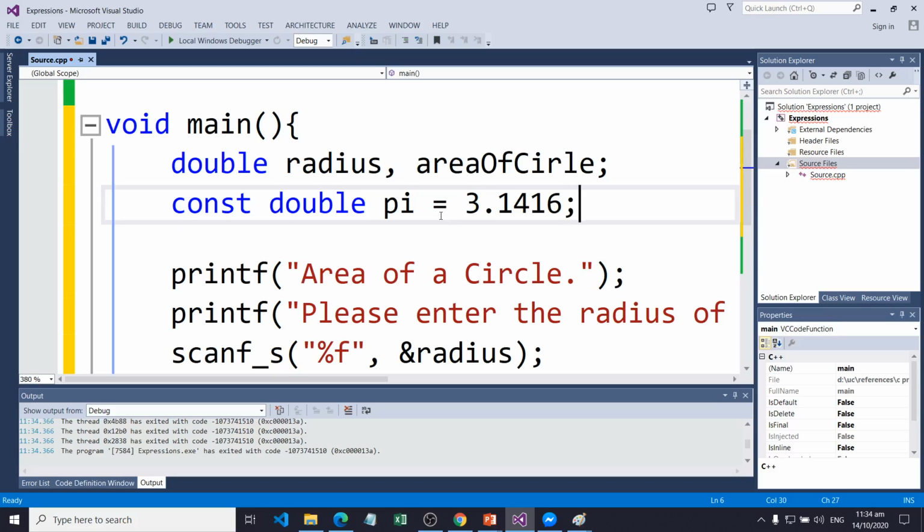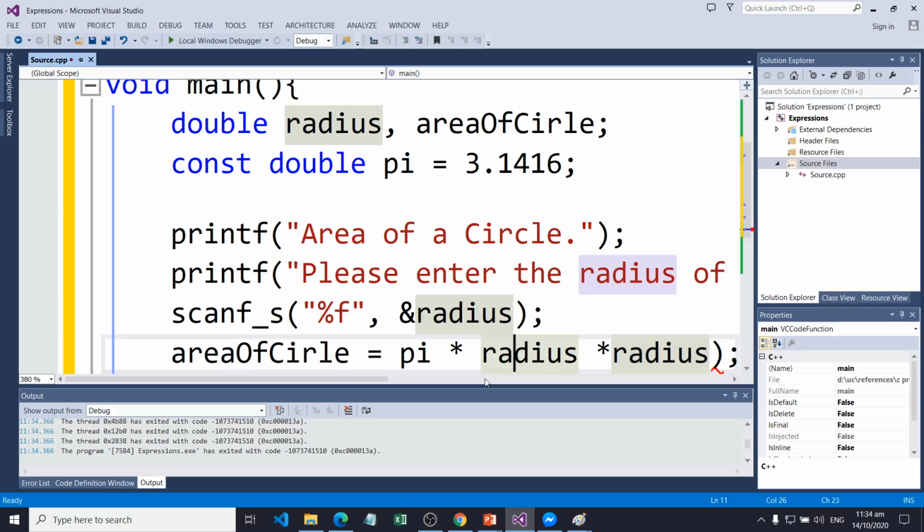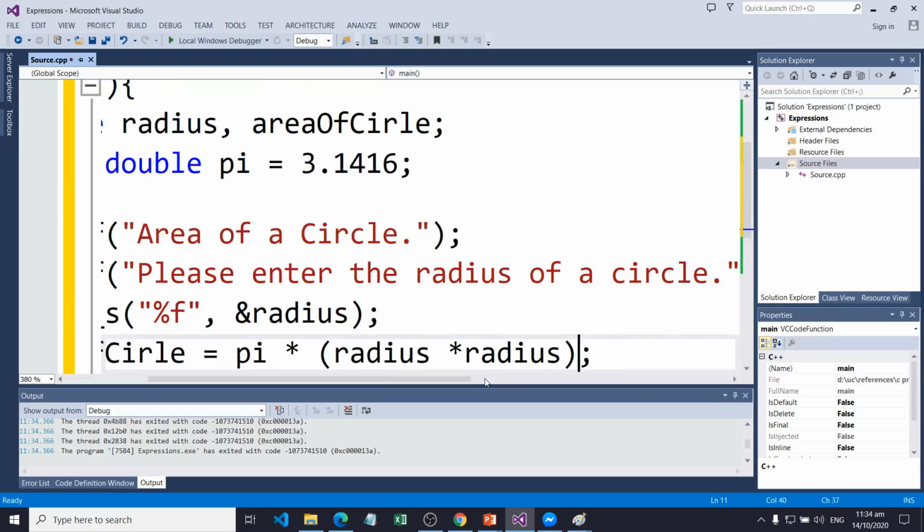And now we can have the pi times the radius times the radius, in which radius and radius will be evaluated first. So we have to enclose it in a parenthesis, so that the resulting r squared will be multiplied by pi.